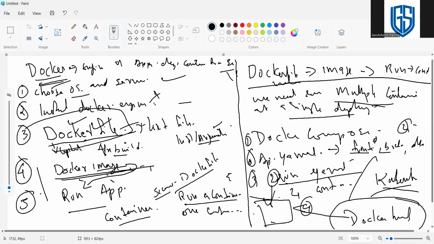When we are deploying a container in Kubernetes, we can use the Docker file or the Docker image to deploy the container. Coming to Kubernetes, we didn't use any Docker file. We only use the image that we built and saved in the Docker Hub. So Kubernetes will pull the image from the Docker Hub and run the application.